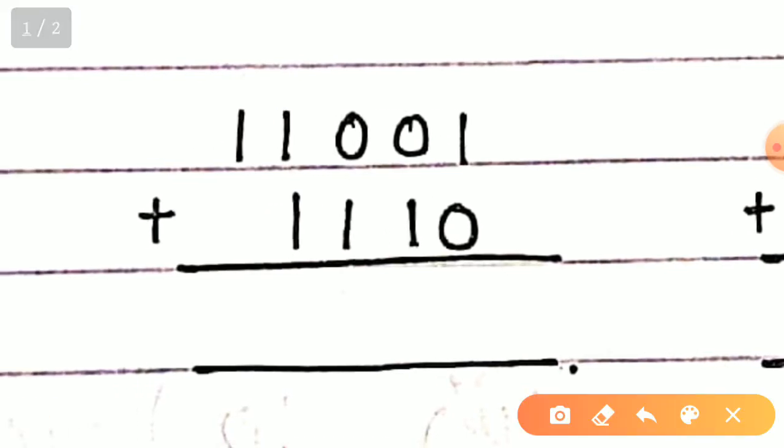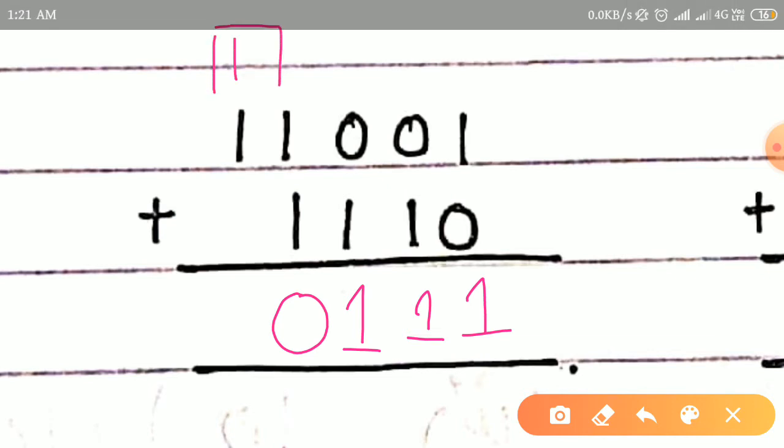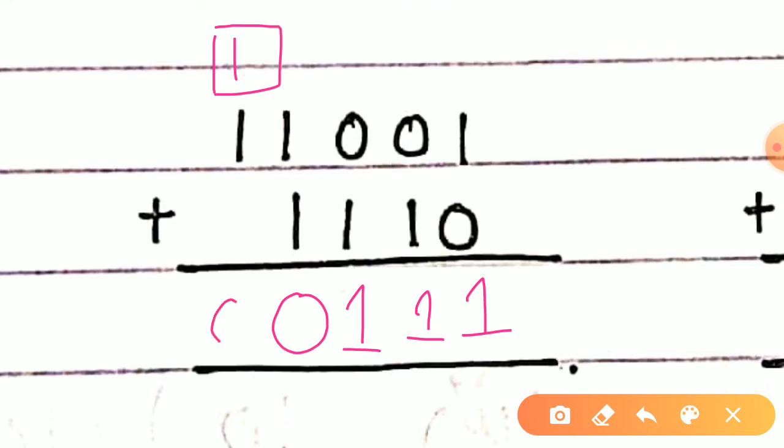1 plus 0 is 1 simply. 0 plus 1 is 1 simply if you follow the rules. 0 plus 1 is again 1. 1 plus 1 we are having 0 with a carry 1 on the left hand side, right? Like this one. So again 1 plus 1 we are having 0 with a carry 1 on the left hand side. We are not having anything below this one, so this will be dragged downwards. Hence 1 0 0 1 1 1 is the first answer.